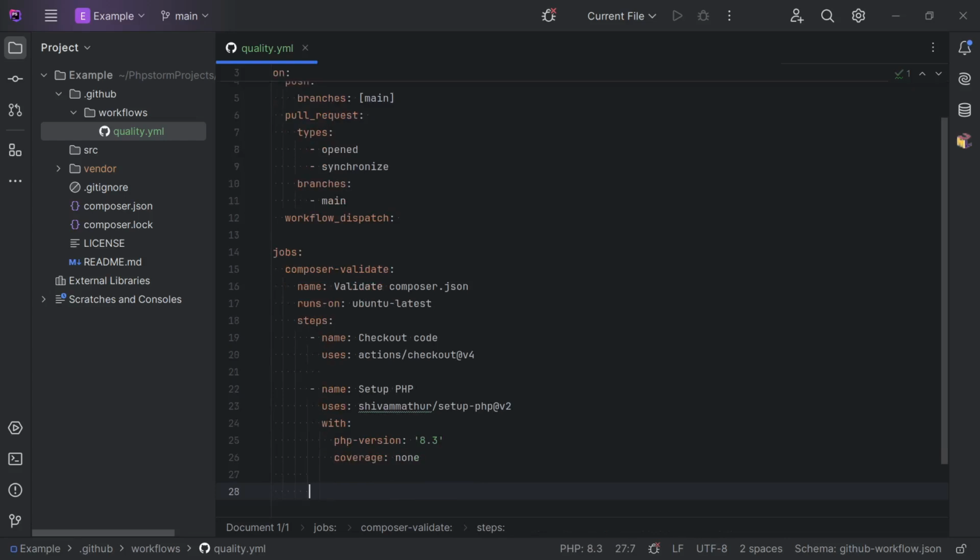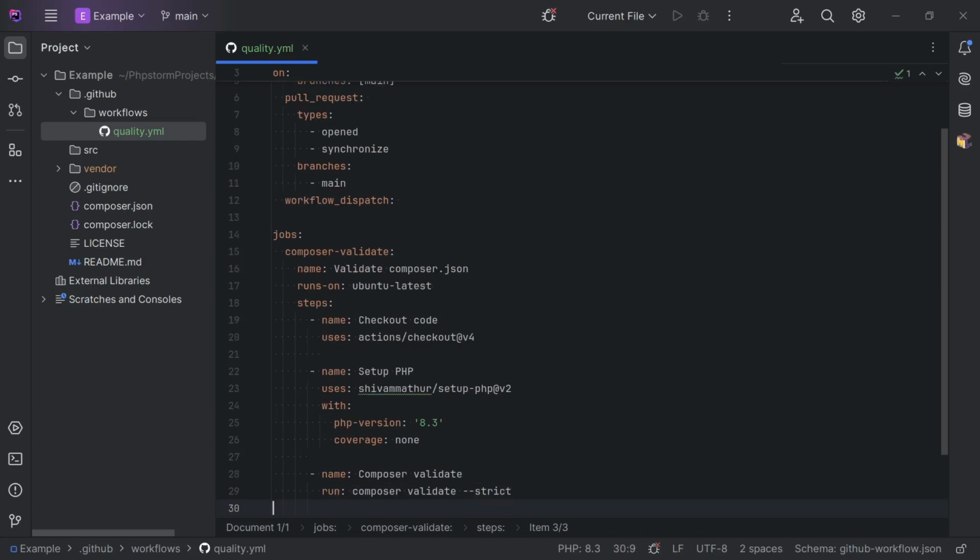And then our final step is actually running the composer validate. So let's give it a composer validate name. And then we actually execute the command composer validate. Now I didn't tell you about the strict parameter, but we add it to there as well. And now if we commit and push this code,